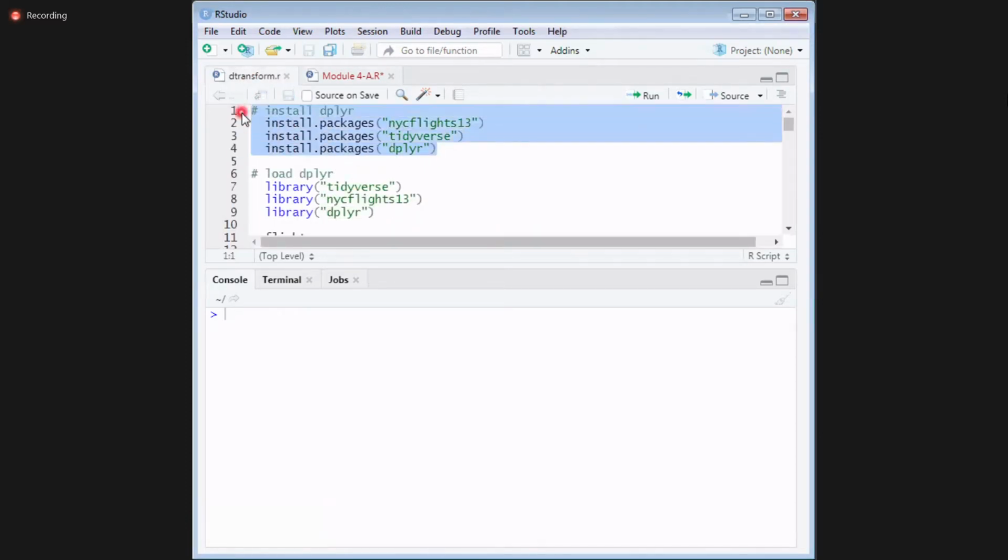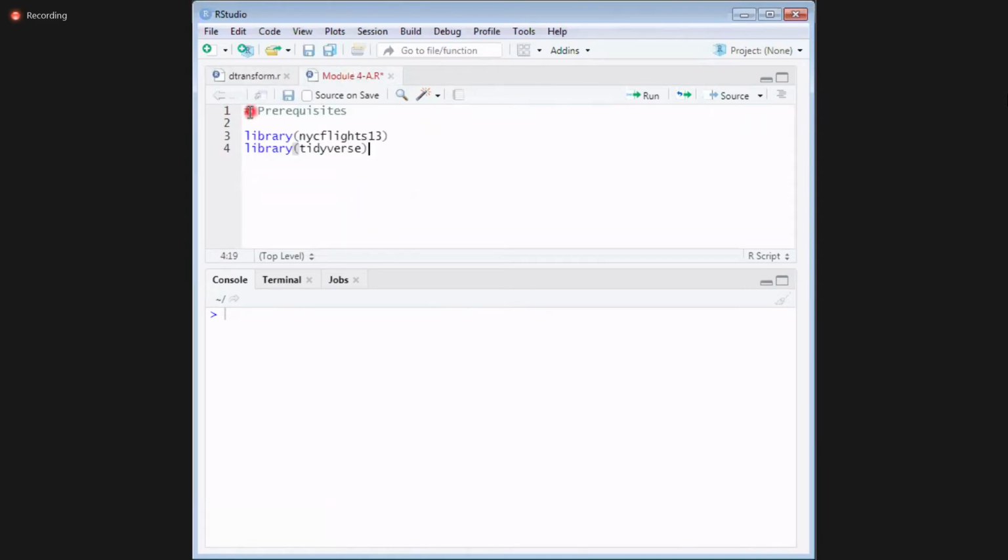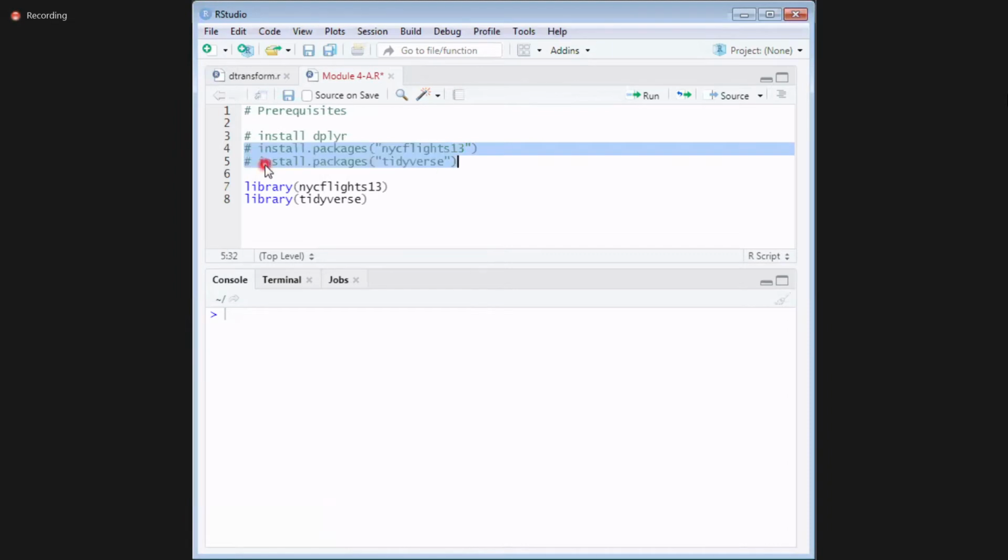I already installed it, so I need not install it once again.